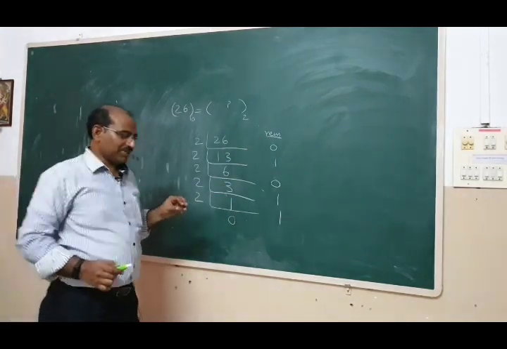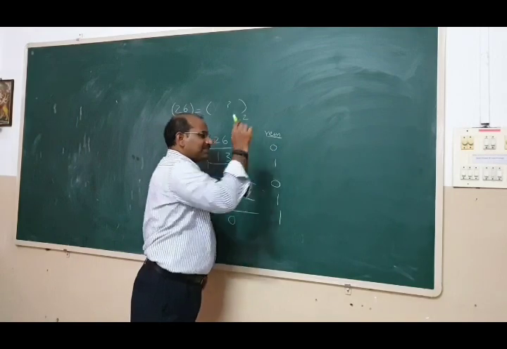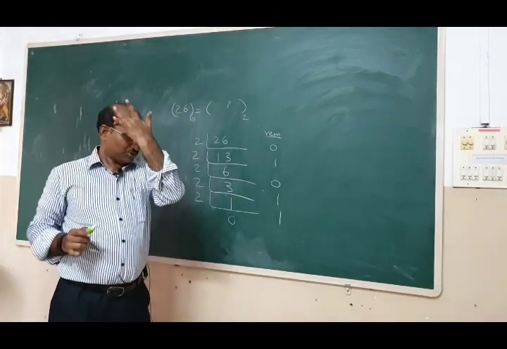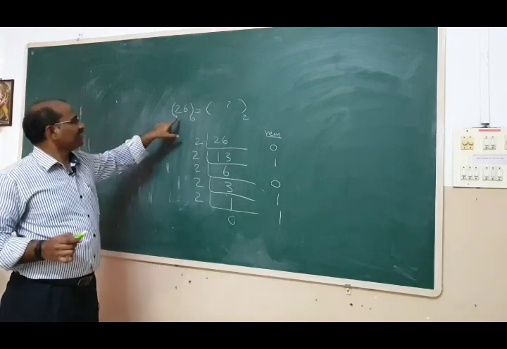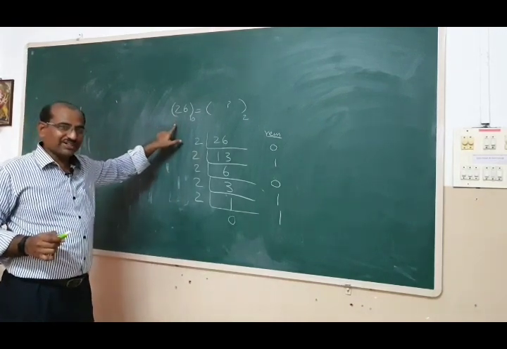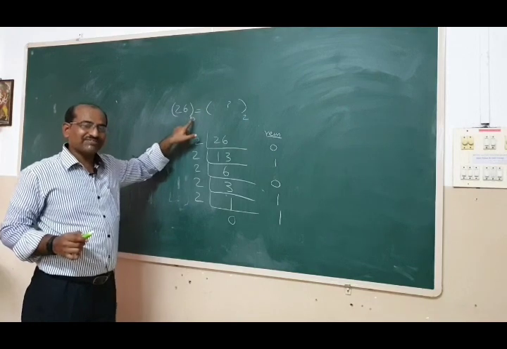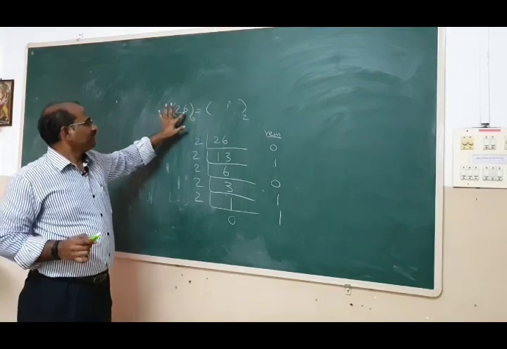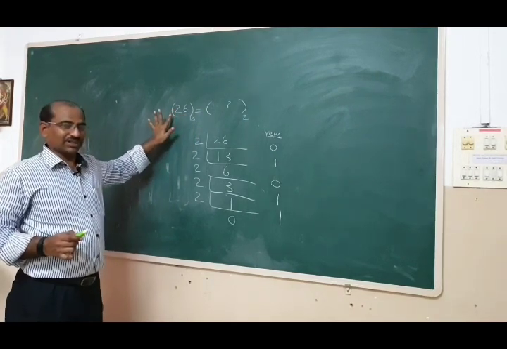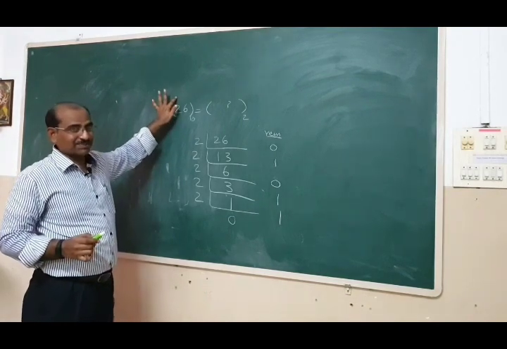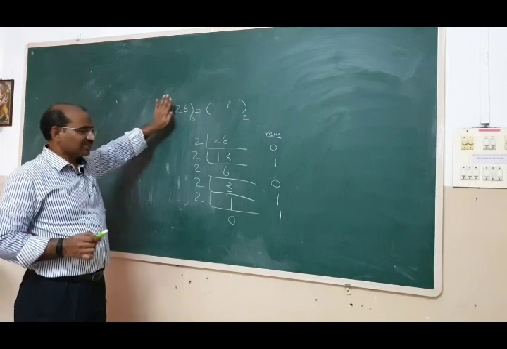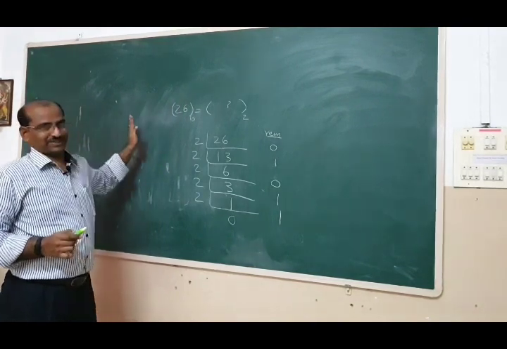Then, one more important thing, what is the least significant digit here and the most significant digit? I hope you know what the most and least significant digits are. Here 2 is the most significant digit and 6 is the least significant digit. Do not go by whether 6 is greater than 2 like that. Go by its place value. This is 1's place and this is 10's place, right?